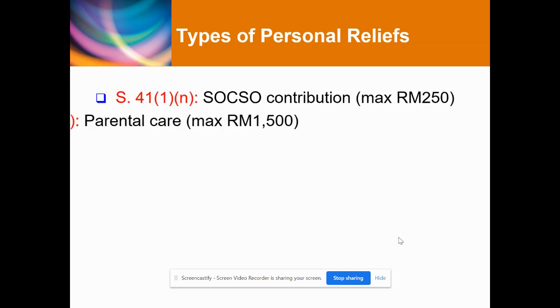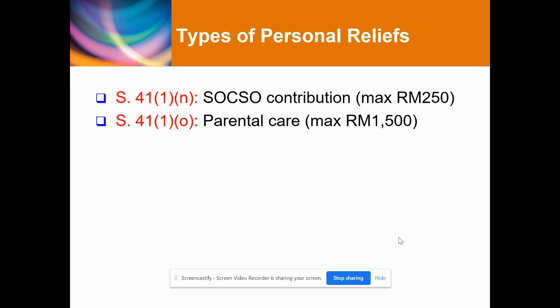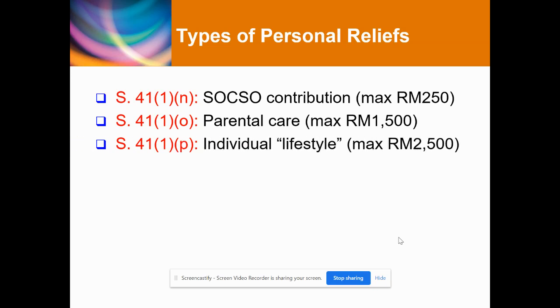It's also contribution, maximum 50. Parental care, right, this is like the amount of money or the allowance that you give to your parents, so you can claim up to a maximum of 1,500 ringgit. All right, and then for the individual lifestyle,